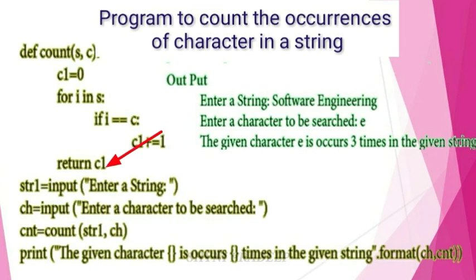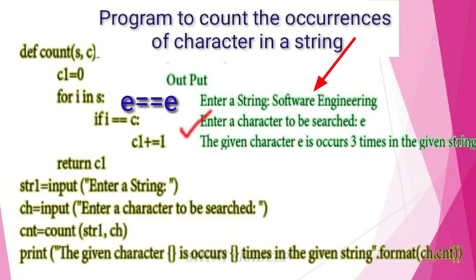So here you are entering the string software engineering. Here enter a character to be searched: e, you are entering e to search. Okay, so first take s from software engineering. I means s. Okay, so s equal to e, c means e. Okay, no, this is false, so you have to see the next letter o. O is equal to e, no. Next see f is equal to e, no. T is equal to e, no. W is equal to e, no. A is equal to e, no. R is equal to e, no. E is equal to e, yes. So this if condition is true.